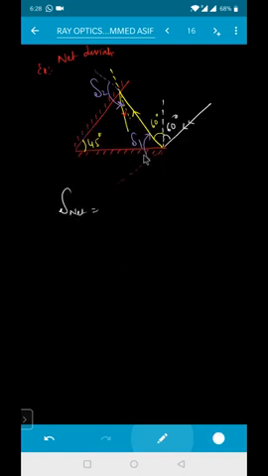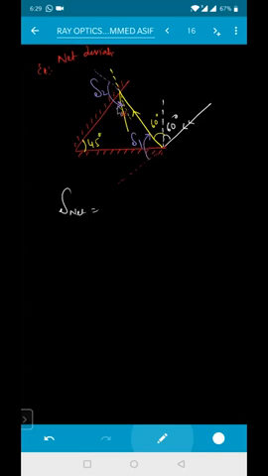So net deviation will be equal to how much, beta? Delta net will be equal to, are both of them in the same direction or in the opposite direction? Sir, how do we get the direction? See, we know that the angle from the incident ray to the reflected ray is delta one. We extend the incident ray, and the angle from the extended ray to the reflected ray is delta one. For this mirror, this yellow line is the incident ray, so extend this incident ray of light and make an angle with the reflected ray. So this is delta two.